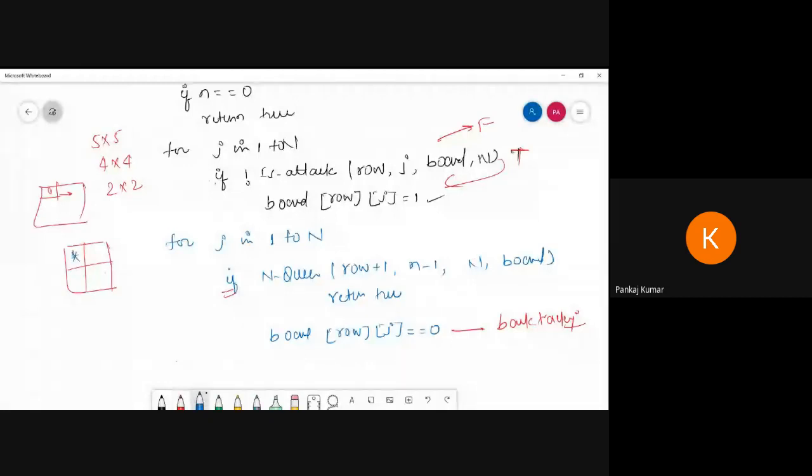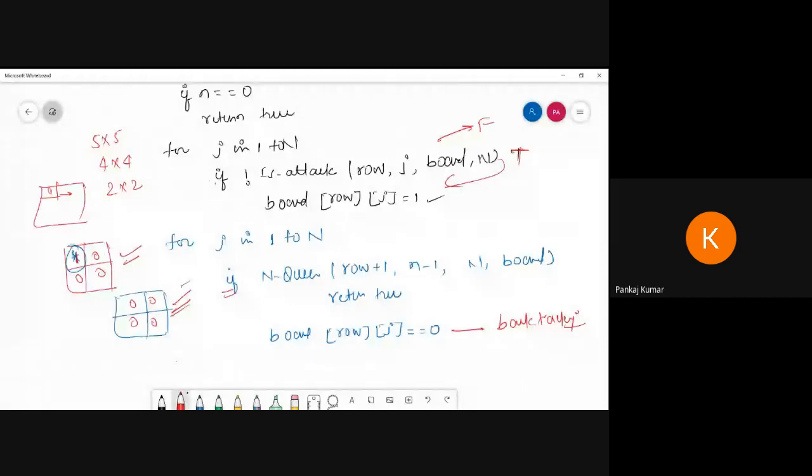Other places you cannot place. So this is the one queen. If the other places are crossed, they will be 0, 0. Otherwise it will look like this: this is the 1, the other parts are 0, 0. That means one queen is placed here already, no other queen will be placed, but this returns true. This is also a possibility.